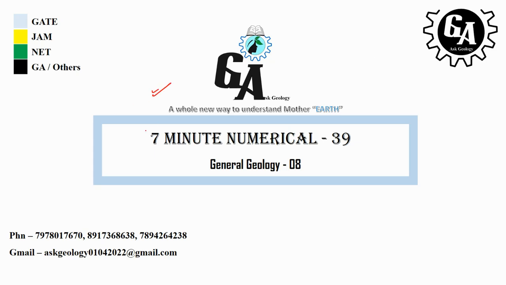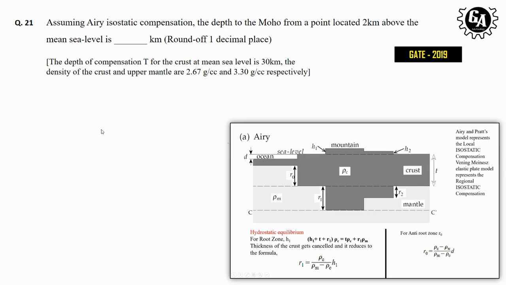In today's 7-minute numerical, we are going to discuss one numerical related to general geology, asked in 2019 GATE. This is an important question, and these types of questions come more frequently in GATE as well as NET exams. So, the question is, assuming Airy isostatic compensation,